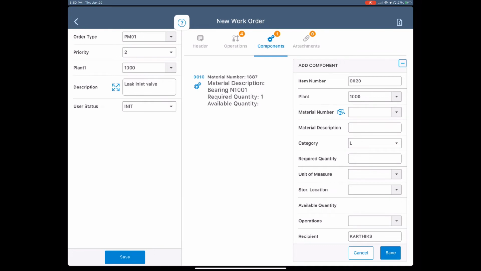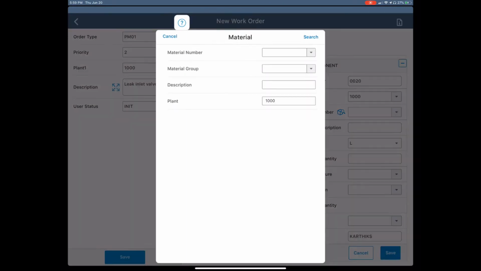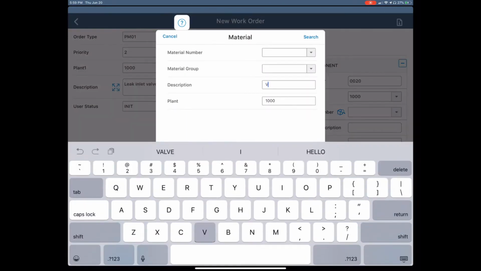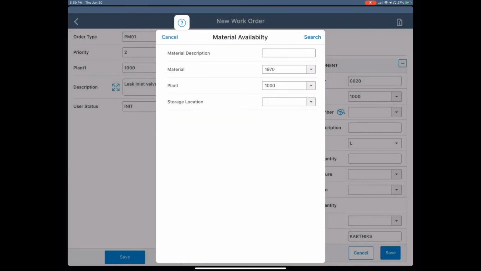In addition to adding parts from the bill of material, I can also search for materials. In this case, I am going to search based on material description. So I'm going to search for the word valve. I'm going to put in valve and hit search. This looks up my material master and brings out 4 material master records that have the word valve in the description within my plant number 1000. So I'm going to select the last one on this list and add that to my